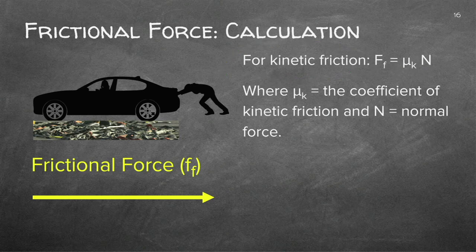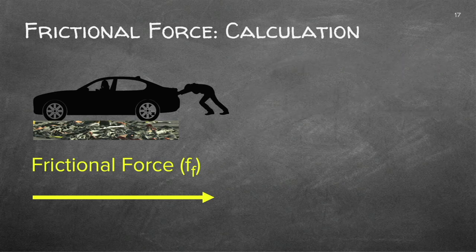And when I've got kinetic friction, the friction will be exactly the same as the coefficient of kinetic friction times the normal force. You will be provided with the two equations. You just need to apply those two equations to the situation. So if I want to calculate the friction, I'm just going to write it down again. I need to know the coefficient.